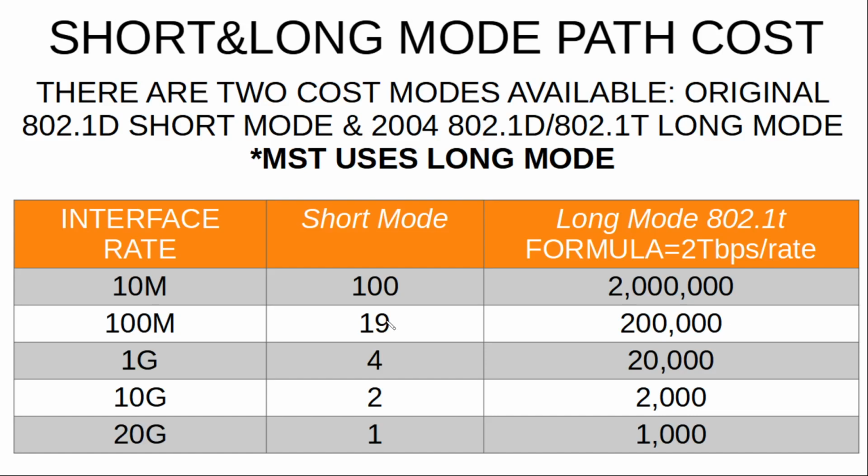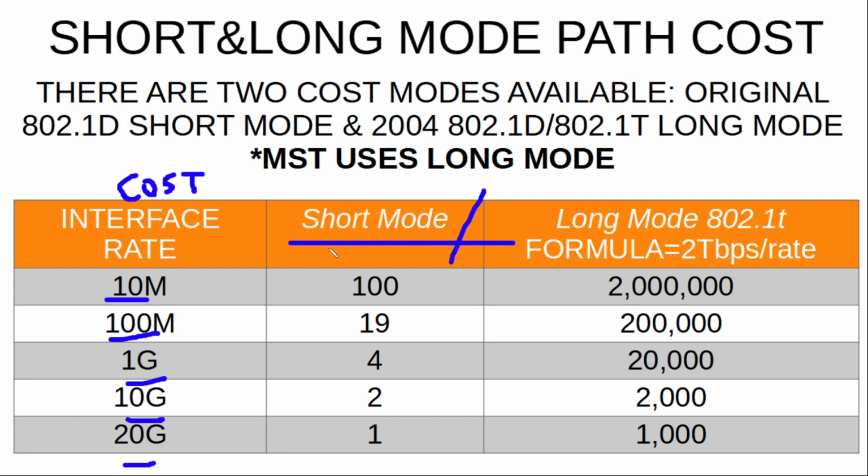Now, remember that in order to select port roles such as the root port, designated port, and alternate port, we use the cost. One of the parameters is cost, another is priority. But cost will assign a certain weight or value to an interface depending on the rate. We have the traditional cost that we are going to call the short mode cost, that is